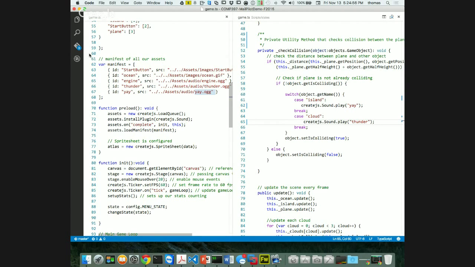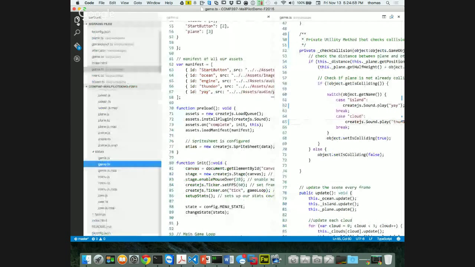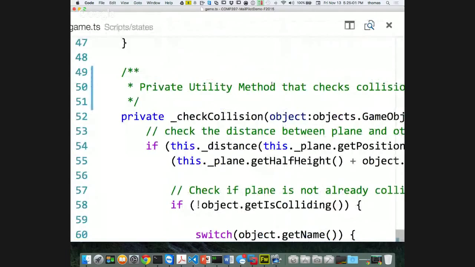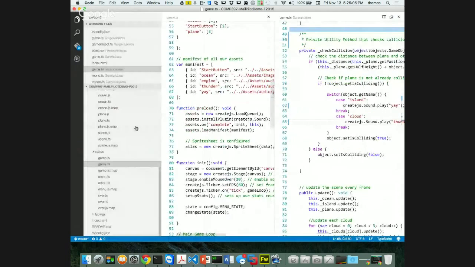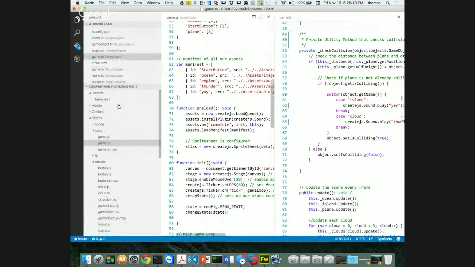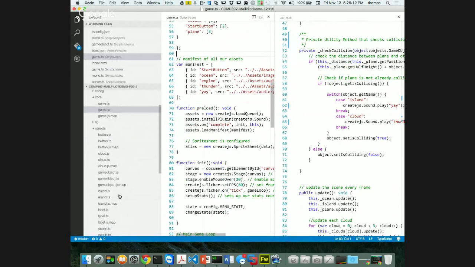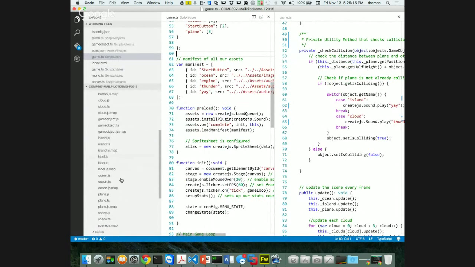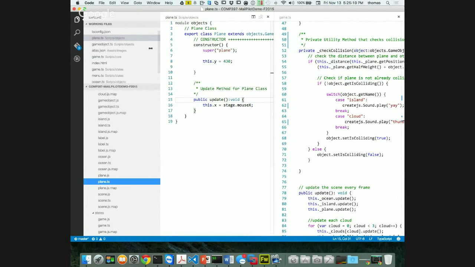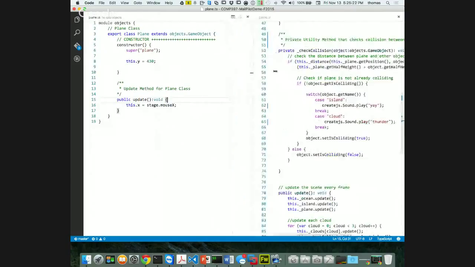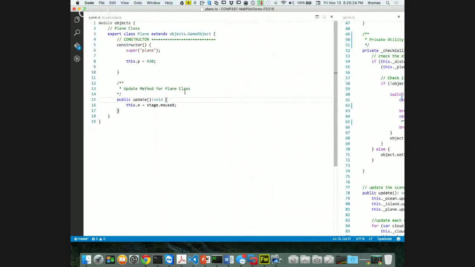my utility, right? So I'm going to go back to my files, and instead of playing it on this side in my game.ts, I'm just going to open up my game object plane, because this is the only change I'm going to make to my plane object itself, because it's going to play the sound for the engine. So there's my sound. When I instantiate my plane, I want in my constructor to play my sound forever. So let's do this. So I'll say create.js